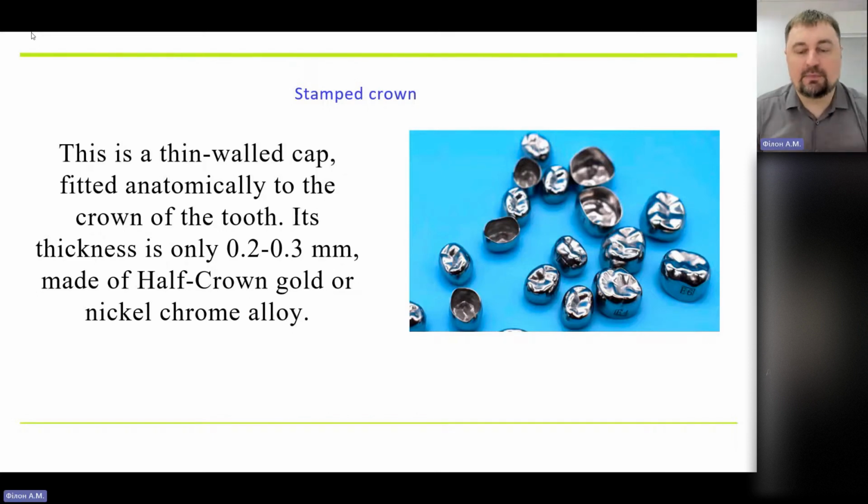Let's talk about the good. Okay, gold is a very good material. If you're talking about biology, you can never find any inflammation of soft tissues around gold crowns, if you're talking about the gum. But it's a very soft material, and later, in a few years, in 5, 7, 10 years of using